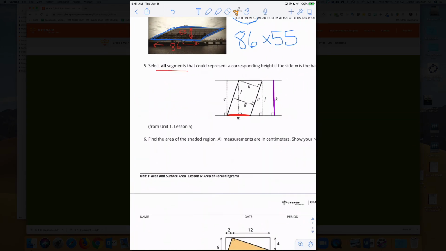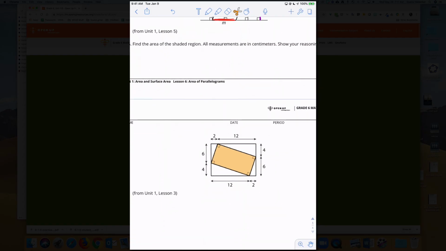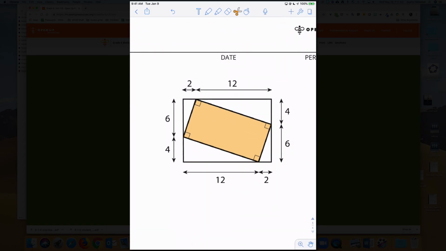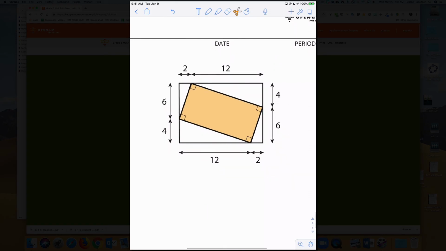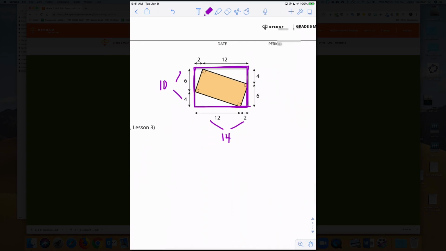And then I think the last one, find the area of the shaded region. All right, so oh my goodness. So it looks like we're going to do a little bit of subtraction here. We can see that the area of the entire rectangle, this big outside enclosing rectangle, has a base of 14. It has a height of 10. So the overall area of that enclosing rectangle is 140. So now we need to